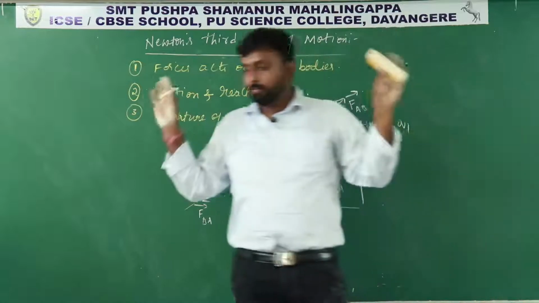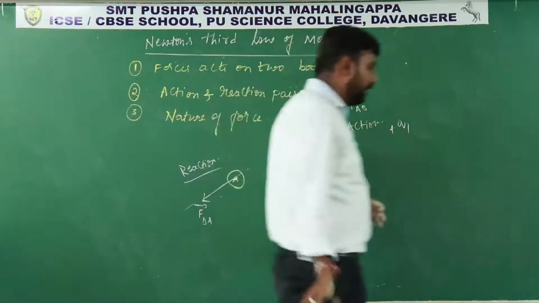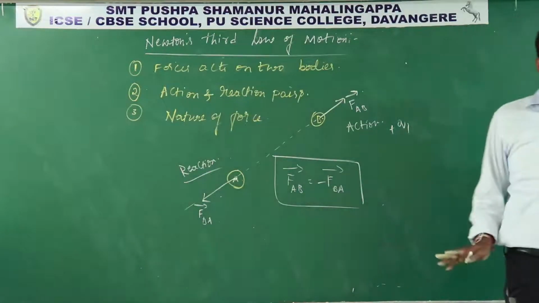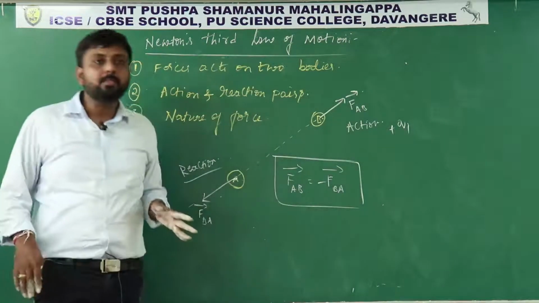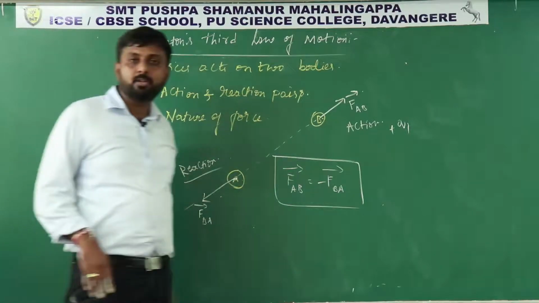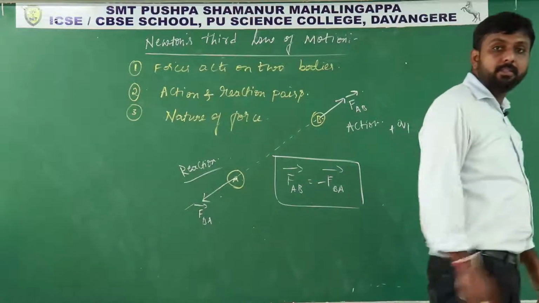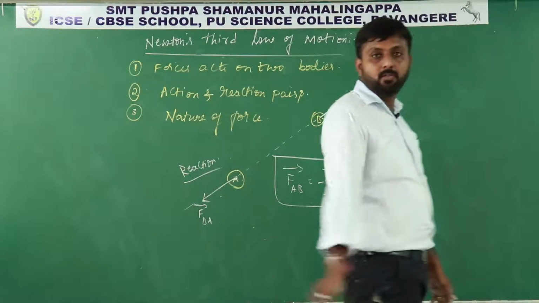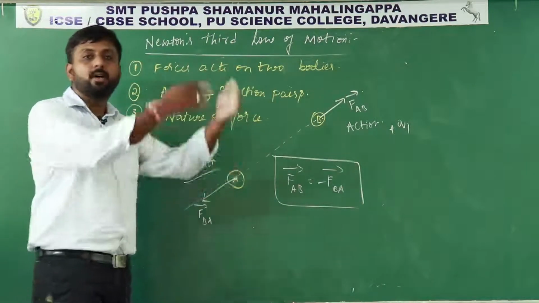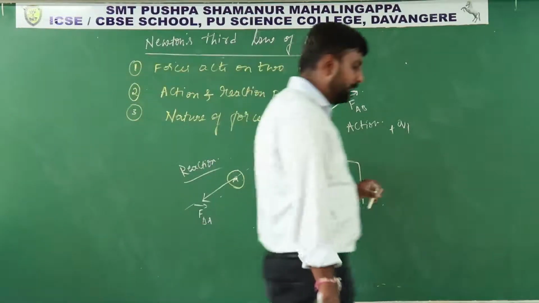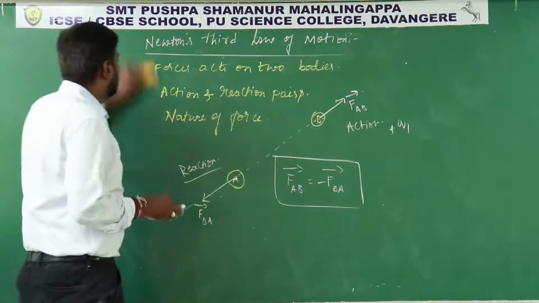If I ask, you will give so many examples for Newton's third law of motion. I will give one or two examples only. The first example is a person walking on a floor. It is possible because the person applies force on the earth in the backward direction, so the earth applies an equal and opposite force on the person in the forward direction. That is one example for Newton's third law of motion.